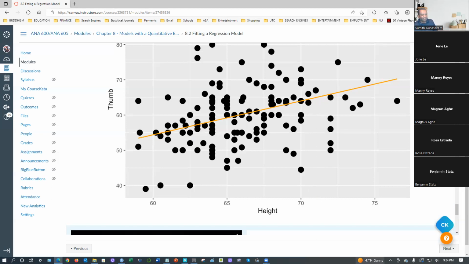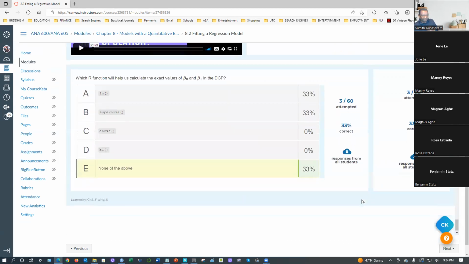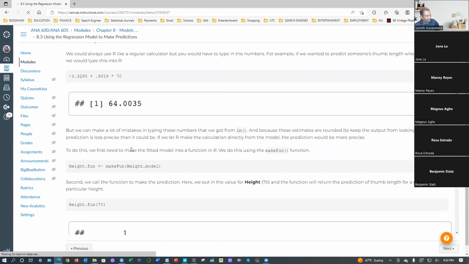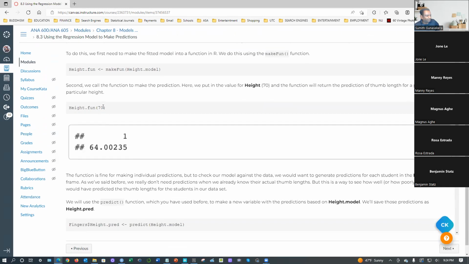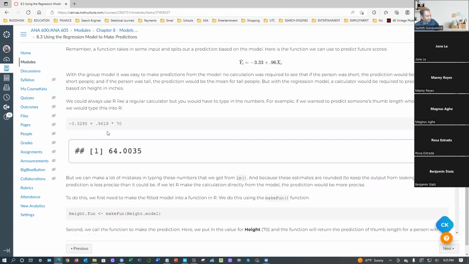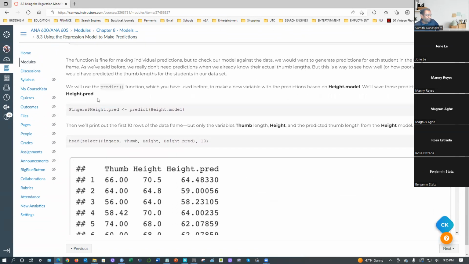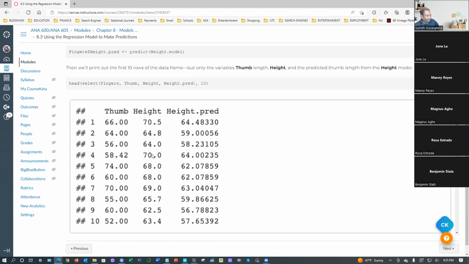That's why we make a make function. This is the make function for any value. When you make a function, you can plug in any value. You make a function for that particular model, and any value you put in, you're going to see the result. You built up the function. When you put 70, it's going to take the 70, go inside and calculate like this. Let's say you put in 70.125. It's going to go inside and calculate. But if you use predict, it won't give that one. Predict is completely based on whatever heights you had in your system.